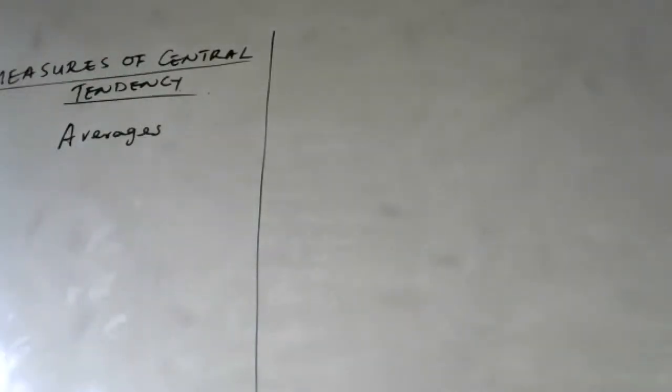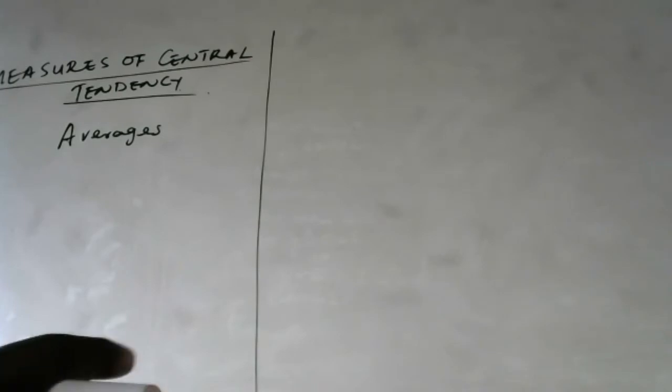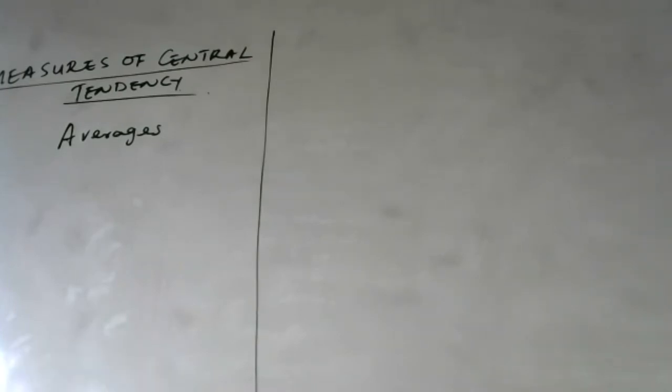Measures of central tendency are also referred to as the averages. And when we say that they are averages, they are those single values that act as representative of the entire data. Let's say, for example, we have data like the exam results. Students sit for an exam, and then the results are released. So you will find that those results need to be analyzed, and we normally calculate